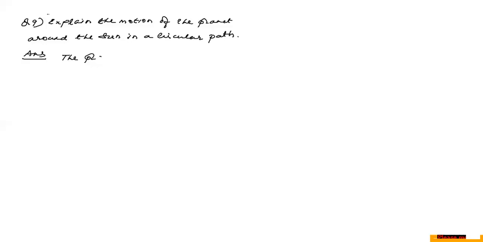So question number 9 says, explain the motion of a planet around the sun in a circular path. Means the planets are moving in a circular path around the sun. So you have to explain how and why. So the sun, the centripetal force